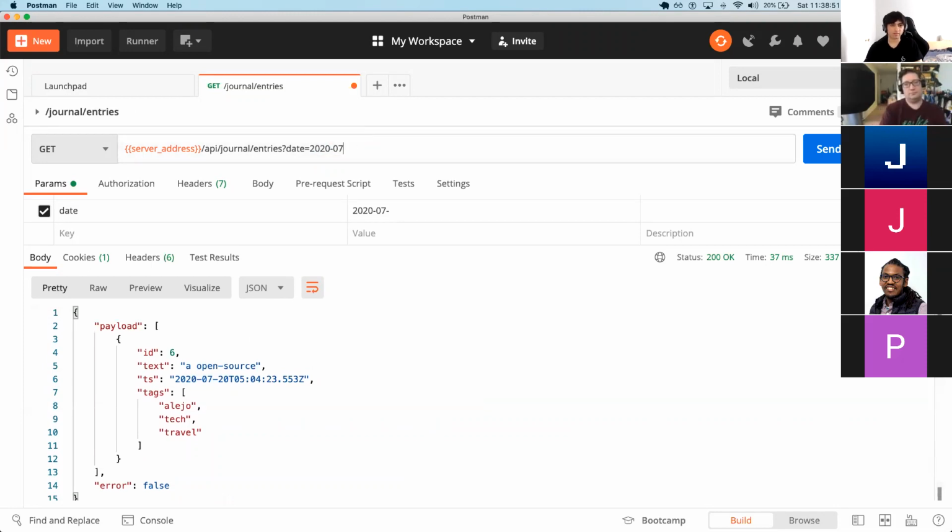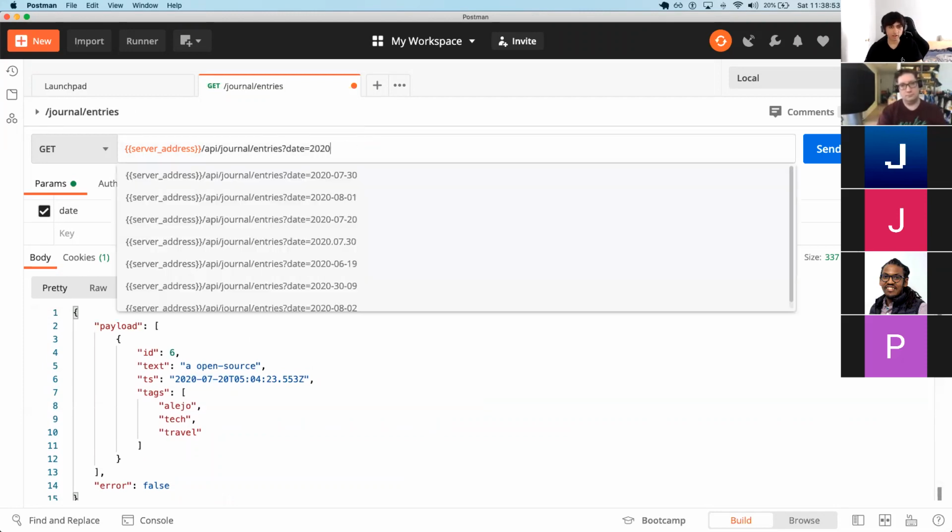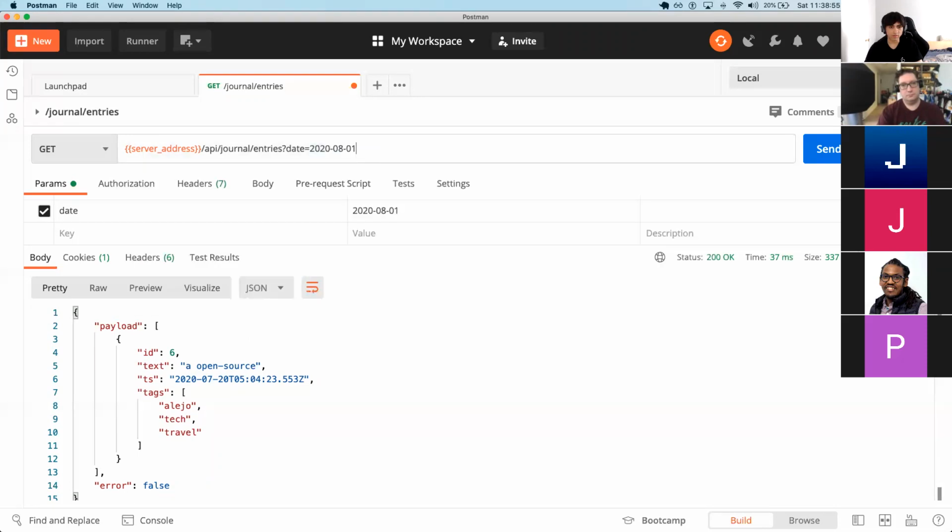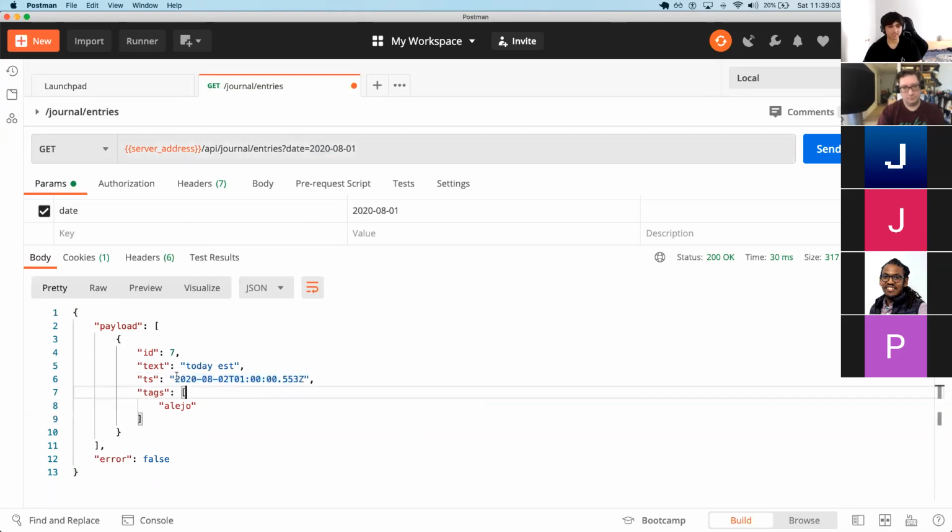I don't remember it at the moment. 2020-08-01, I think maybe it was this one. Yeah, this one. So you see that the string that I have in the database is this, 2020-08, 2nd of August. But you can see that this was throwing me off because, well, I specified this. Is this really correct? But it turns out that it is,